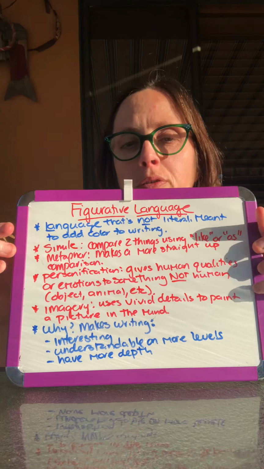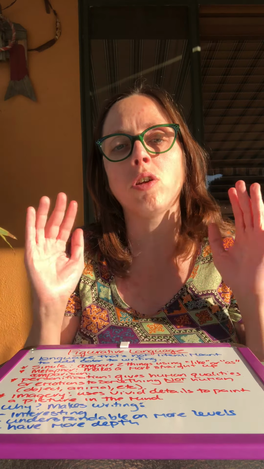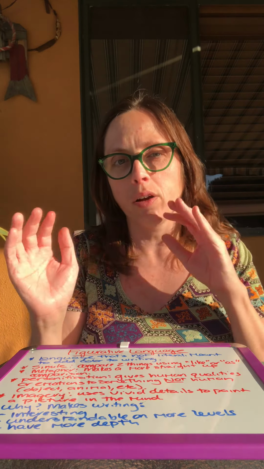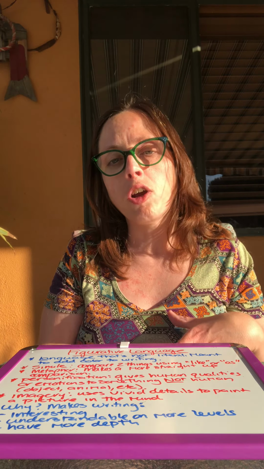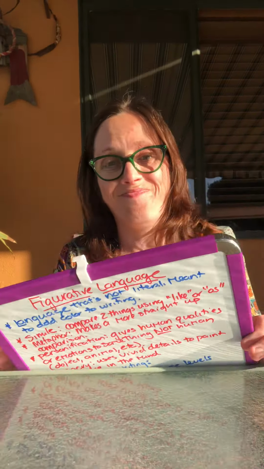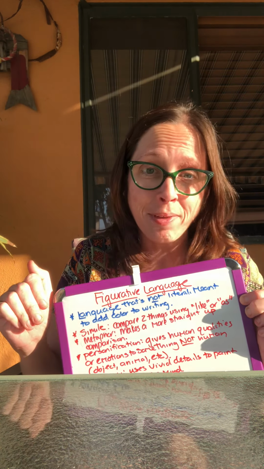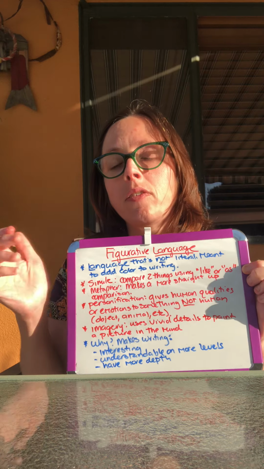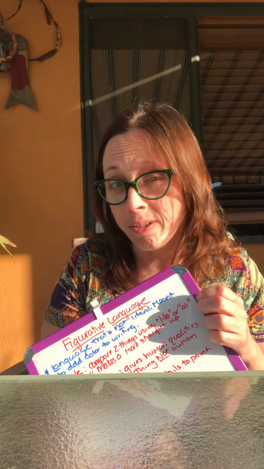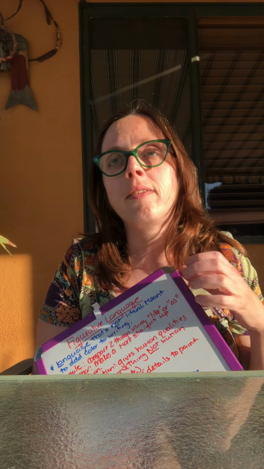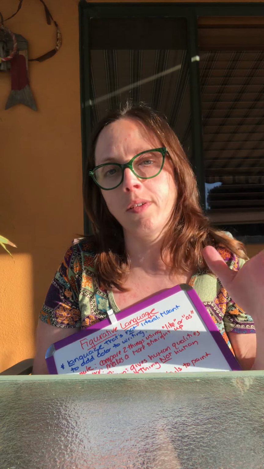Then we have personification, okay? Personification is when an author gives either human qualities or characteristics or emotions to something that is not human. That can be an object, like this whiteboard. Yes, I'm just as classy in video as I am in the classroom. So it can be an object like a whiteboard, or it can also be an animal. Anything that isn't human. And it's making that thing have the qualities, the characteristics, the emotions of a human being,